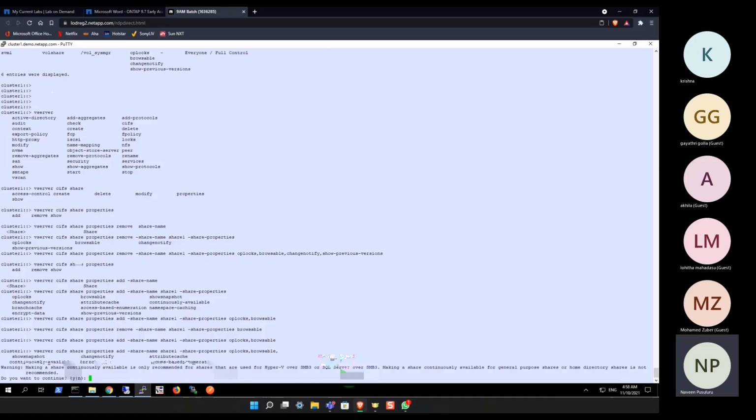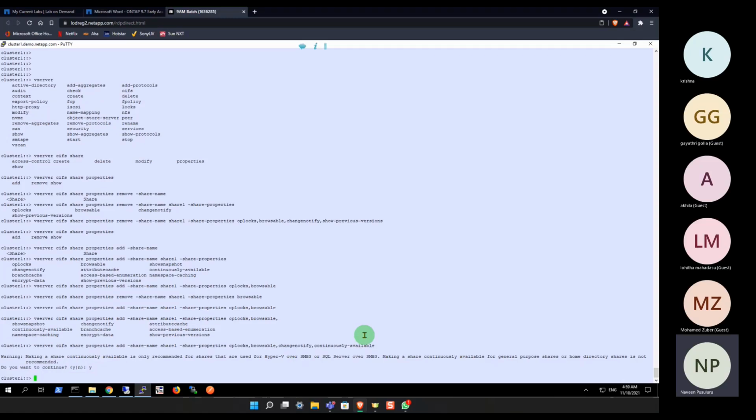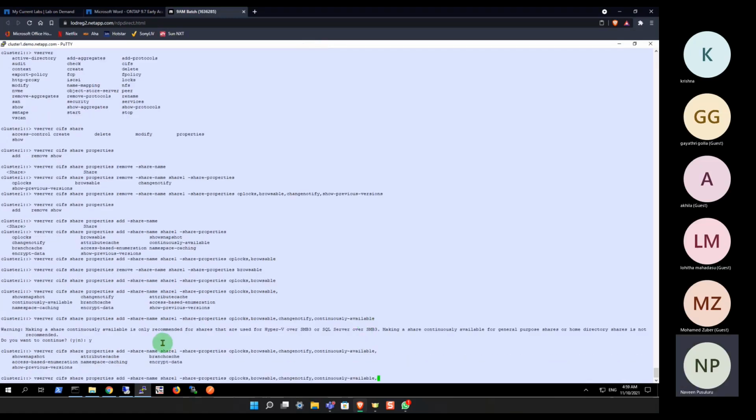As I have added continuously available, it is showing a warning. Making a share continuously available is only recommended for shares that are used for Hyper-V over SMB3 or SQL Server over SMB3. SMB3 is a protocol. Making a share continuously available for general purpose shares or home directory shares is not recommended. So that is what they're recommending. Okay, and the remaining options,